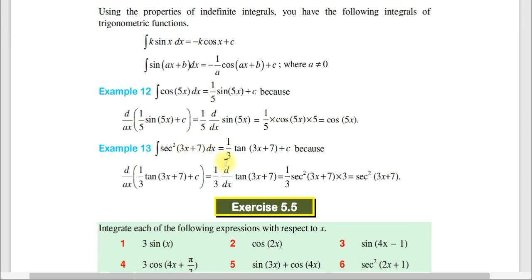Okay, ይሄ ደግሞ 1 over 3 tan 3x plus 7 plus c, because ይሄንን ደሪቬት እናድርገው። The derivative of 1 over 3 tan 3x plus 7 plus c ማለት 1 over 3 እዚህ ላይ ኮንስታንት ስለሆነች መውጣት ስለምችል ነው፣ d by dx of tan 3x plus 7 which is 1 over 3 sec square 3x plus 7 times 3፣ በ3 ይጣፋና sec square 3x plus 7 ይመጣል ማለት ነው። ስለዚህ እንደዛ አድርገን ሲምፕል ትሪጎኖሜትሪክ